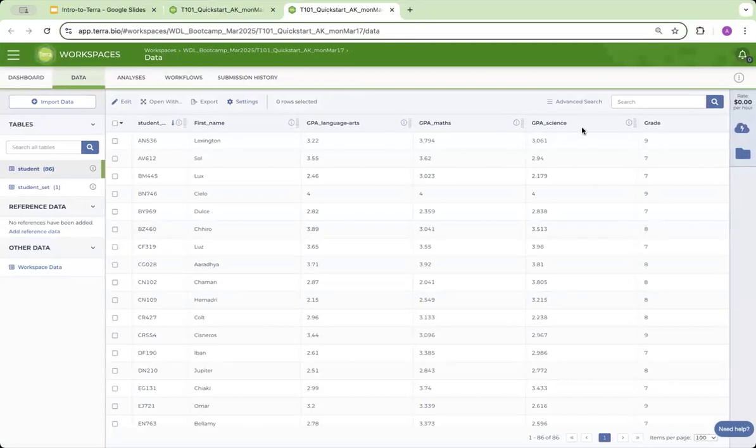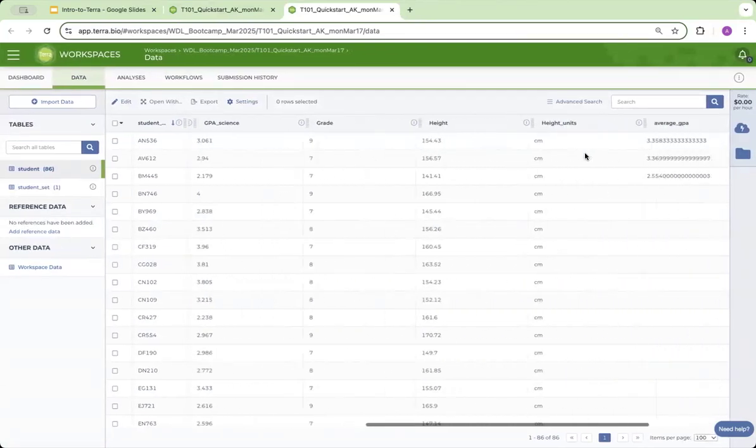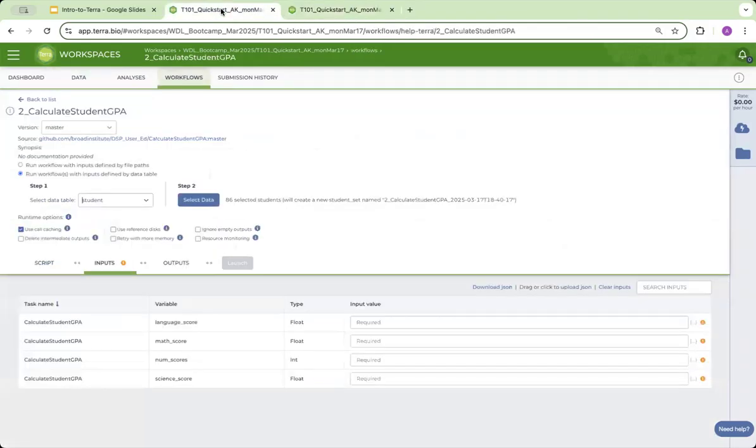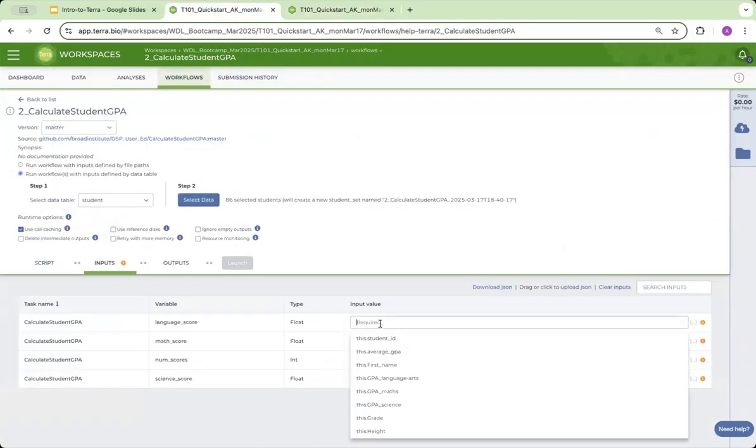So we can select any one of these column names as the input for our workflow, and that's exactly what we're going to do. So I'm going to type in this dot, and then I want to find the column that most closely corresponds to the variable that is named here. So